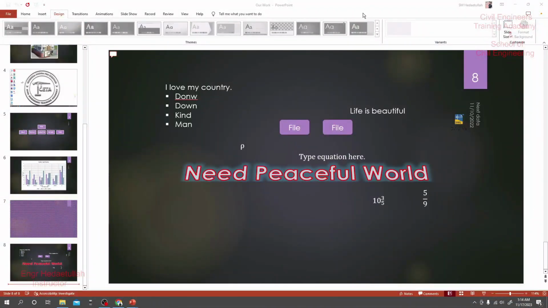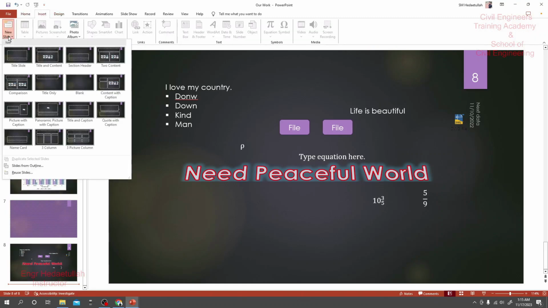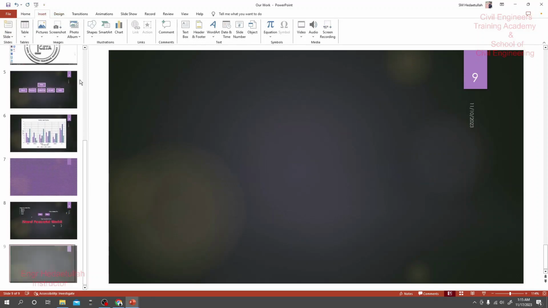Dear learners, when we go for some work, first of all, we need the paper size or the size of the template, whether it will be horizontal or vertical. We need that. So how can we modify that? First of all, we come here and take a new blank presentation or blank file,